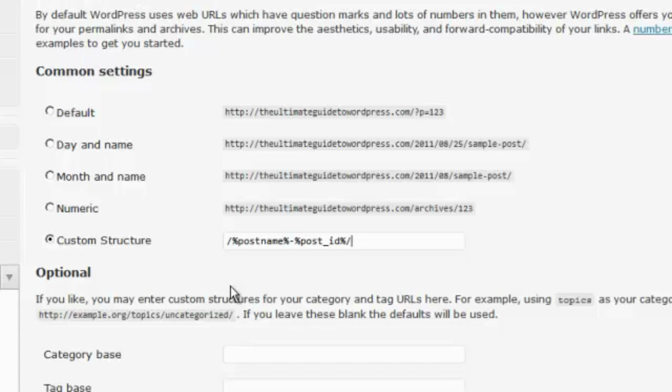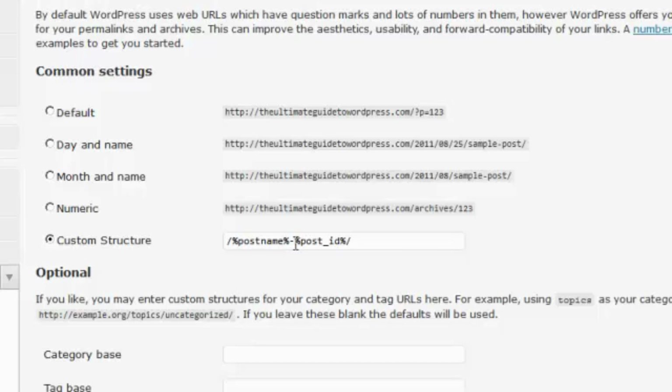I may write an article that's called 6 ways to increase your email list size. And then 6 months later, I'll write another post that has exactly the same title, different content, but the same title. Now, if I gave both of them the same title and I did not have this permalink structure, let's say, for example, I just had post name,